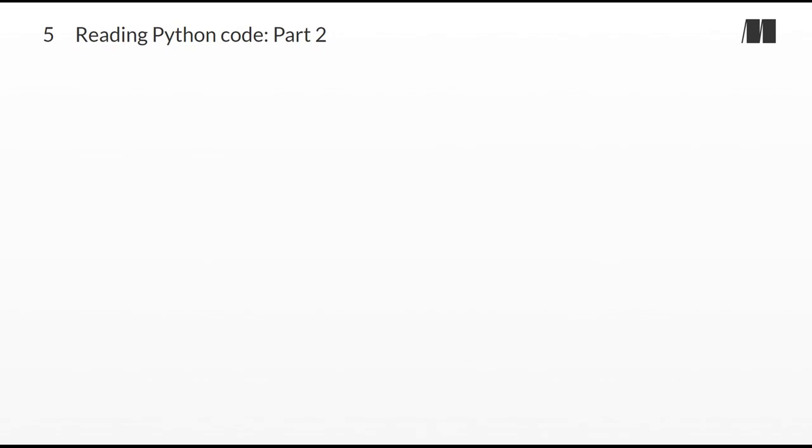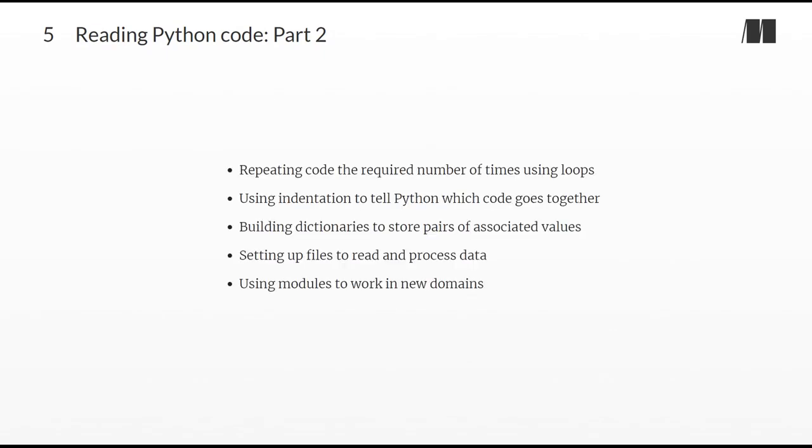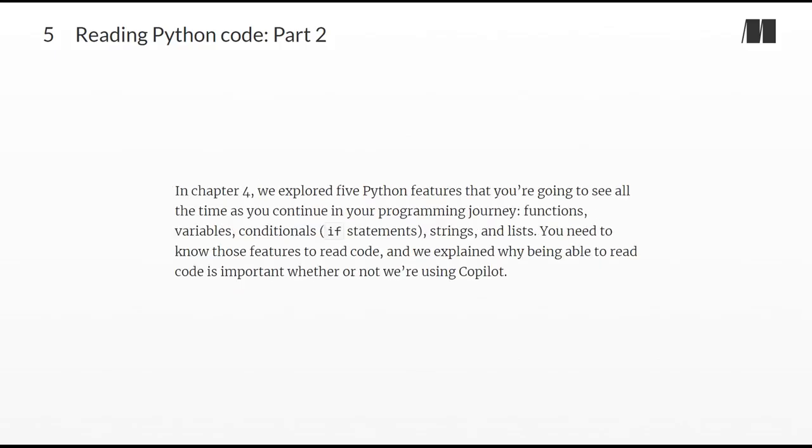Chapter 5, Reading Python Code, Part 2. This chapter covers repeating code the required number of times using loops, using indentation to tell Python which code goes together, building dictionaries to store pairs of associated values, setting up files to read and process data, using modules to work in new domains. In Chapter 4, we explored 5 Python features that you're going to see all the time